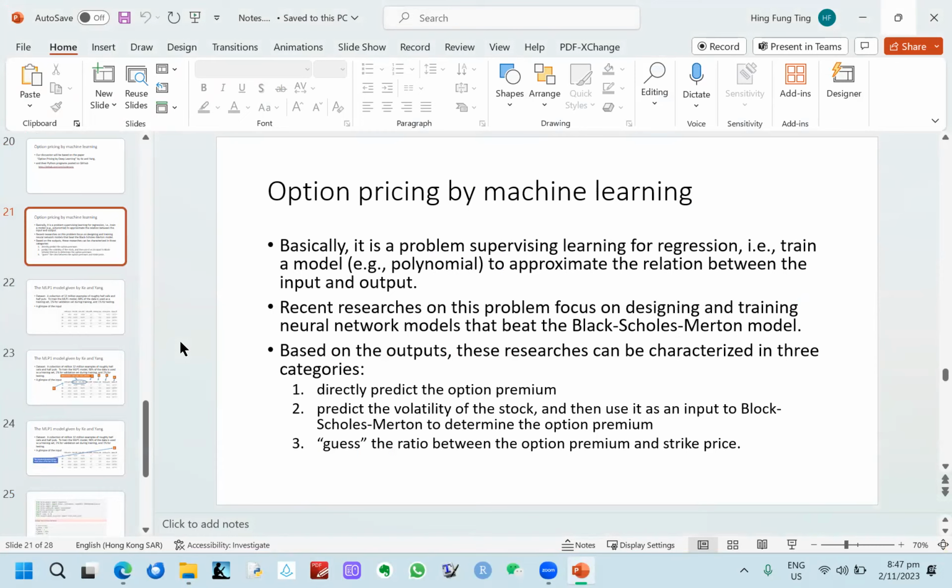This slide just summarizes the problem that we face using the standard method for option pricing. People working on this problem find that the Black-Scholes model creates many problems when used for option pricing. So researchers try to treat it as a machine learning problem. Essentially, it's a supervised learning for regression,